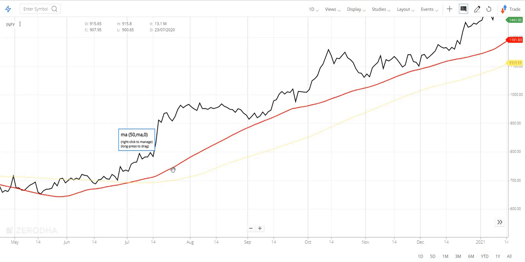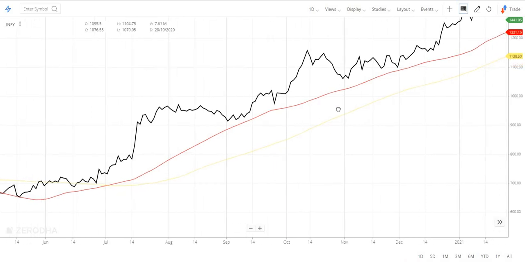Now we are going to look for buying opportunities. Here we can see the prices are far above the moving average. We will do nothing here. As the price comes close to the moving average, we are going to buy the stock. Here we bought the stock. Till here we can still hold because prices are above our bought zone, so we are still in profit. And here we can see the prices are far above, so you can book the profit, or you can still hold, and prices will keep on going.